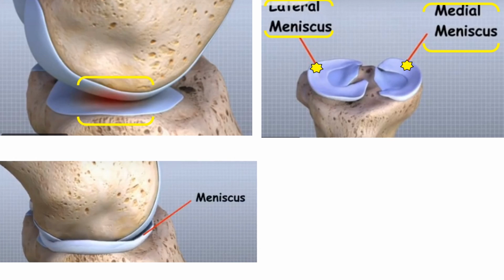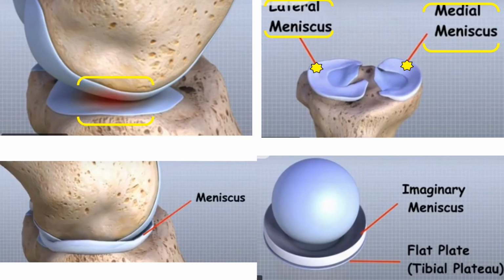Now, the menisci, or each meniscus, is going to add a weight distributing system, and it makes the knee joint, especially the tibial part, a little bit deeper. And this is a simulation where